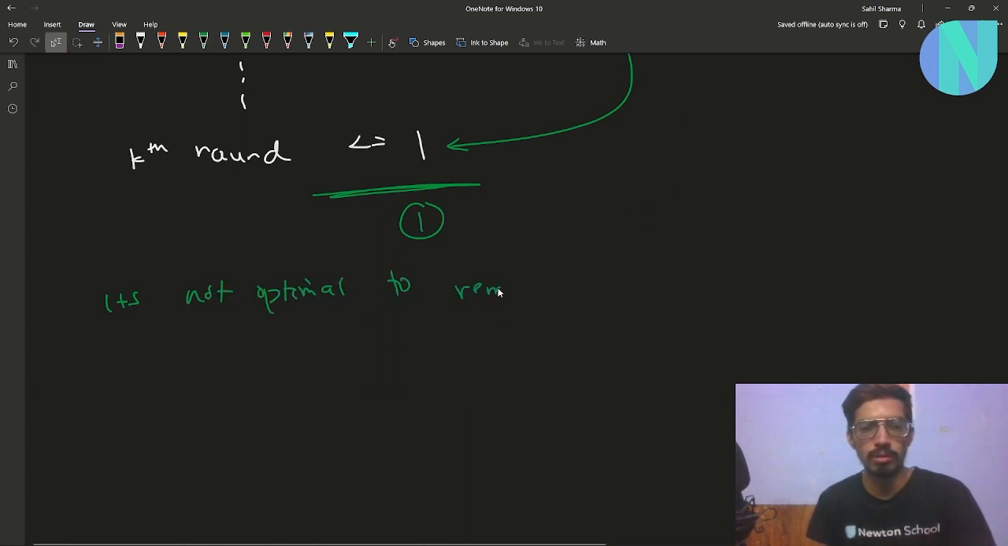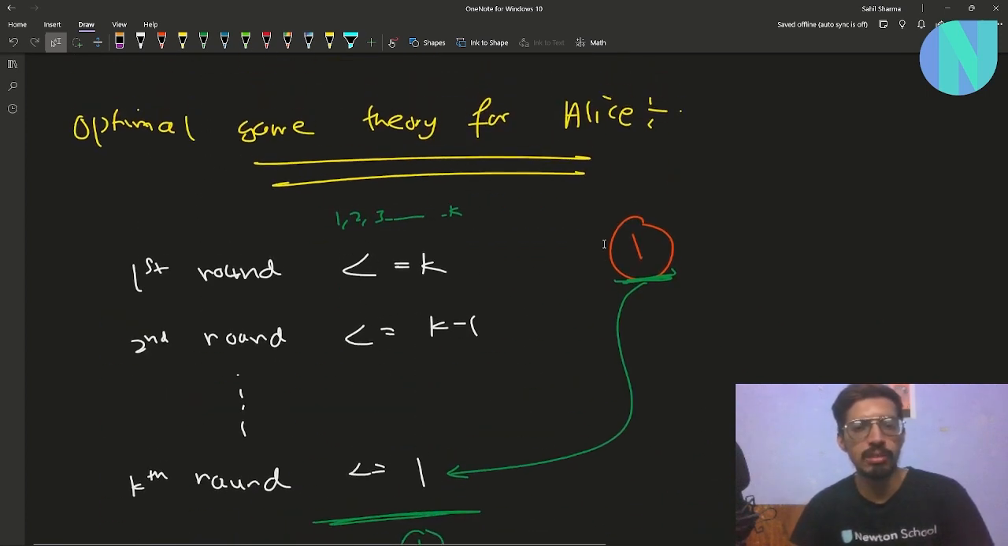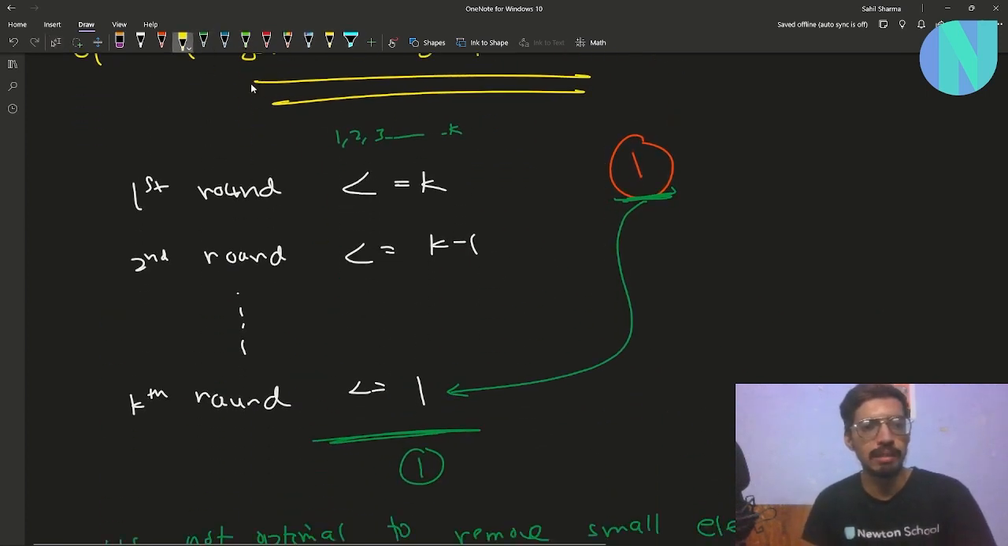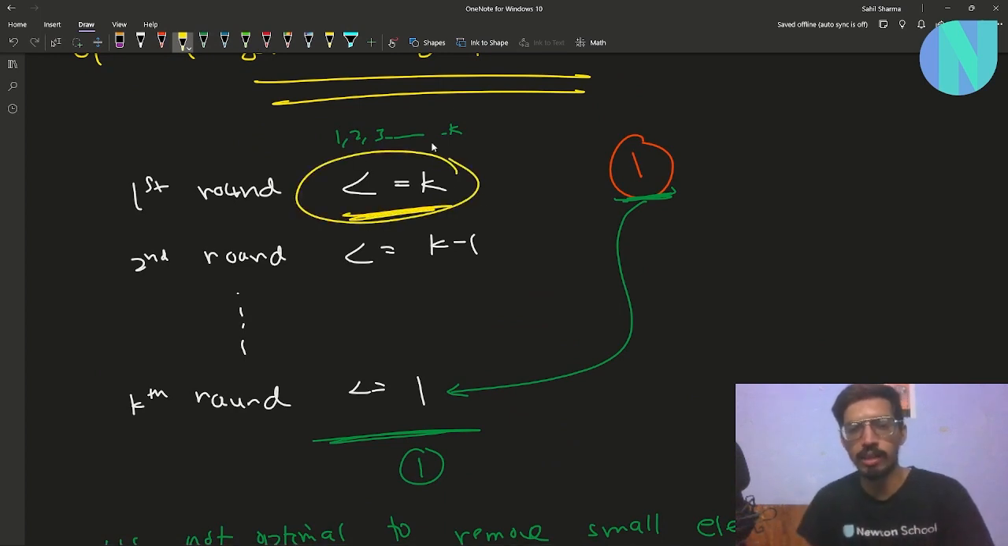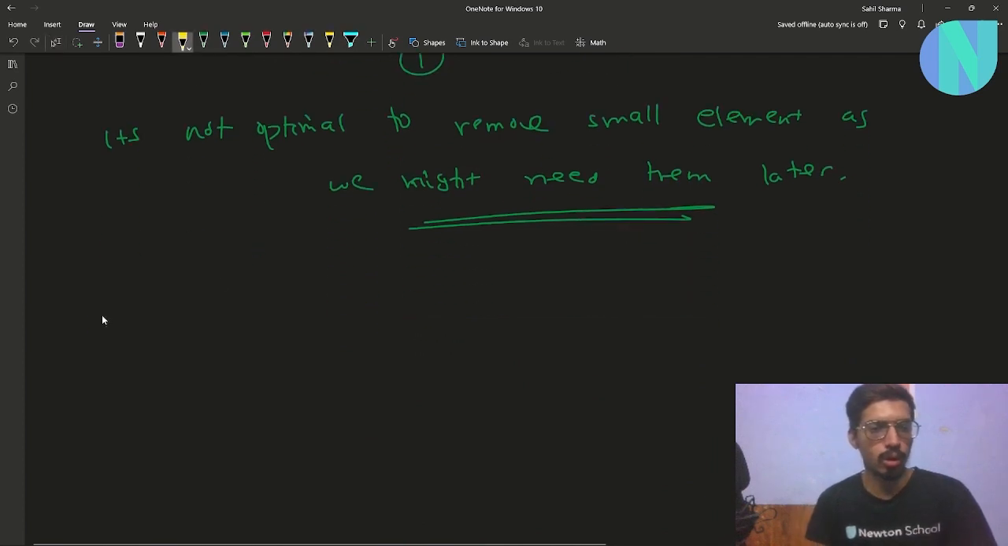to remove small elements, as we might need them later, right? So the optimal strategy will be to find the largest element. So in the first round, we will find the largest element that is less than equal to k and remove that element, right? So the optimal strategy for Alice, optimal strategy